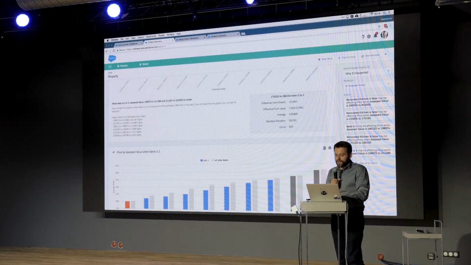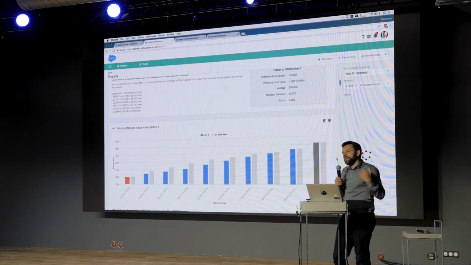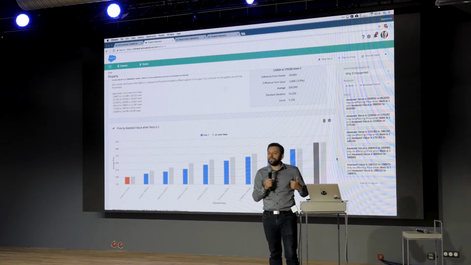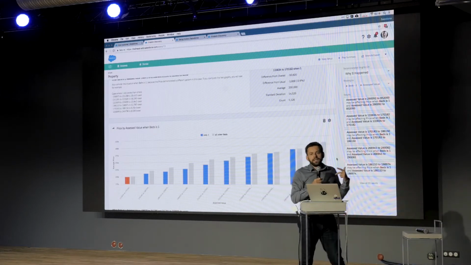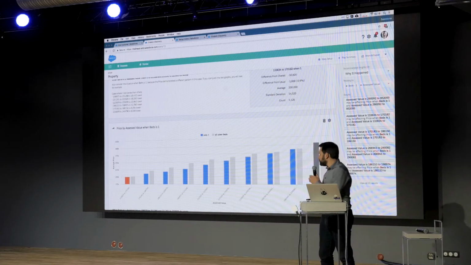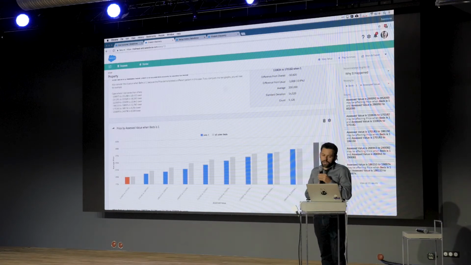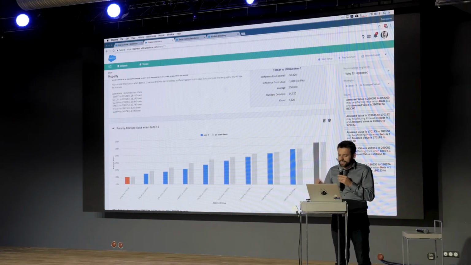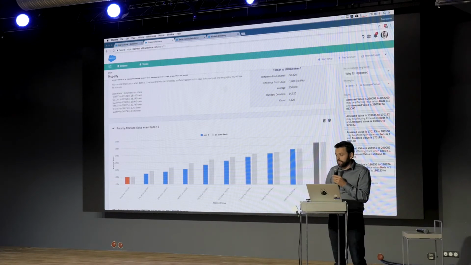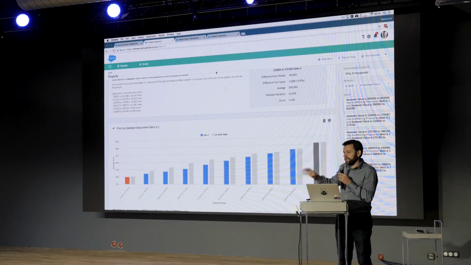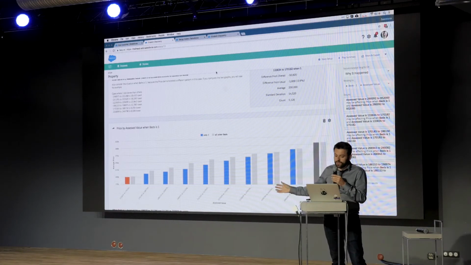So here is really what we are driving. If you look at what I've done so far, I did not use any algorithm, I did not have to use any model, I did not have to create features or stuff like that. Really what we try to do is make it easy for people to do this, just like what I did now. So now that this is ready, and I'm happy about the models that have been generated, I can use that to do the prediction in real time in Salesforce.